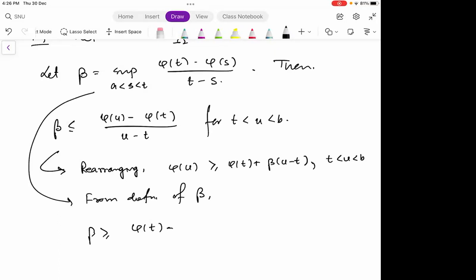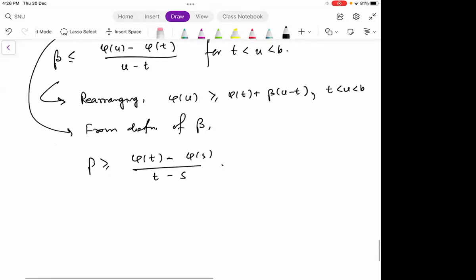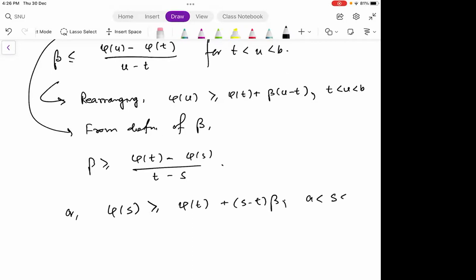Which on a rearrangement gives me phi(s) greater than or equal to phi(t) plus (s minus t) times beta. And this is for a less than s less than t. Now look at the two things, that is this and that. They together give me